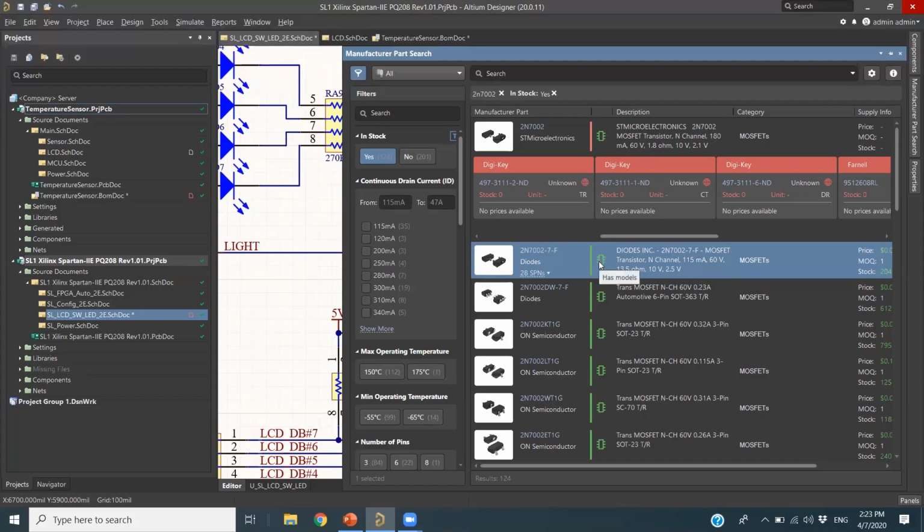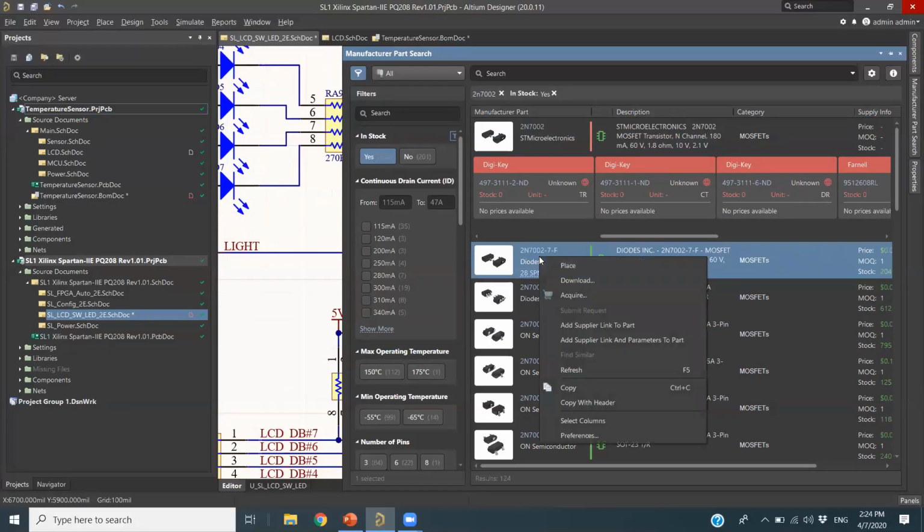This symbol is nothing but the model. It means that the Altium experts have designed the component for this particular part number. So when the component design is available, it automatically shows with the symbol. It was designed by the Altium experts. So once you see the component, you can just click the component and add it. I just want to add this component. You can go for place. When you click place, it will automatically place inside your design.